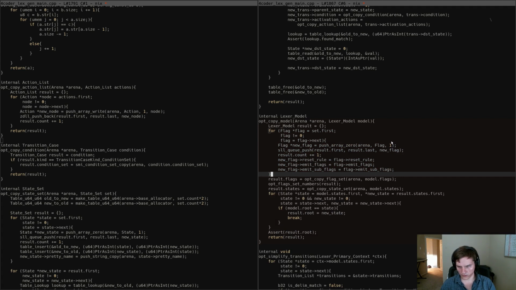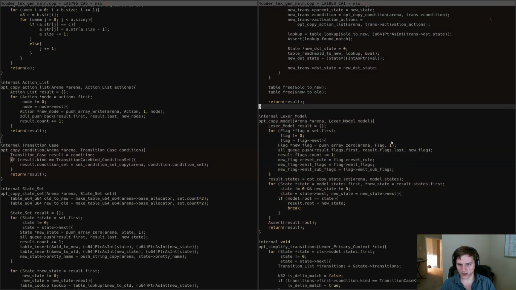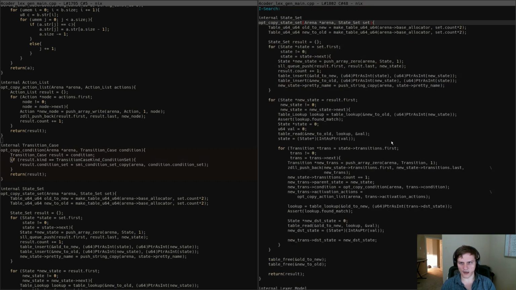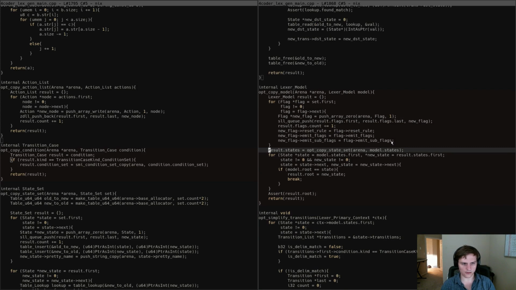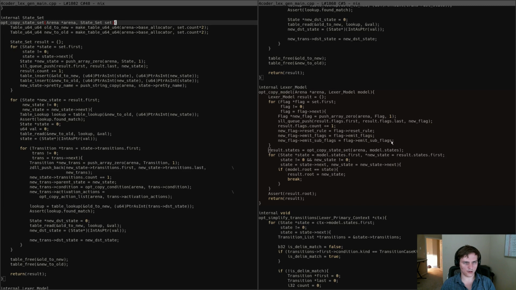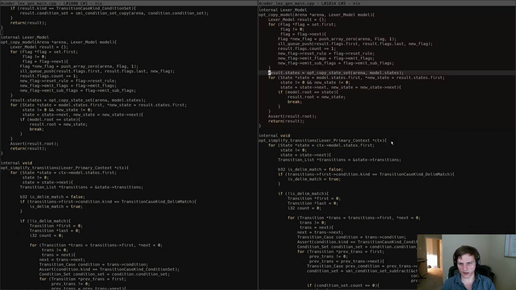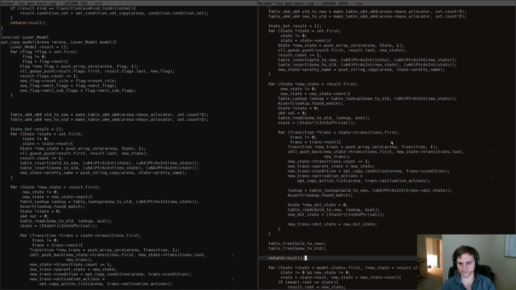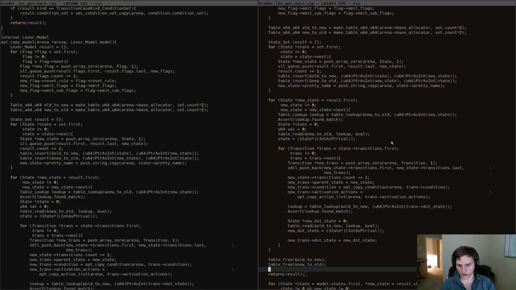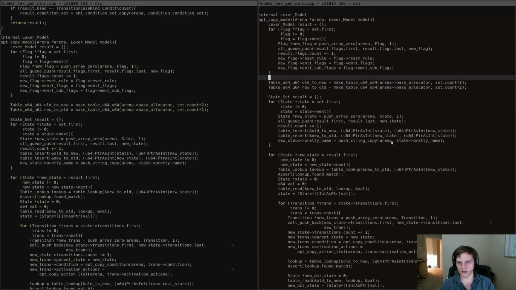So the result is not correct. The result needs to be the result.flags now. We make a new flag, and then this is going to be kind of like the okay, so we're getting rid of copy that, take that away. This code here does the state set copy. Copy state set doesn't make a lot of sense either from this perspective, so it's also just going to be moved into being an inline of this. And there we go. And then what we have to do is look at all of the